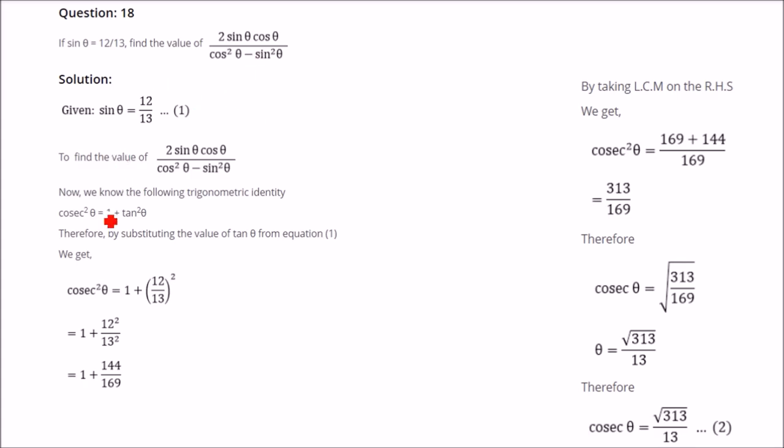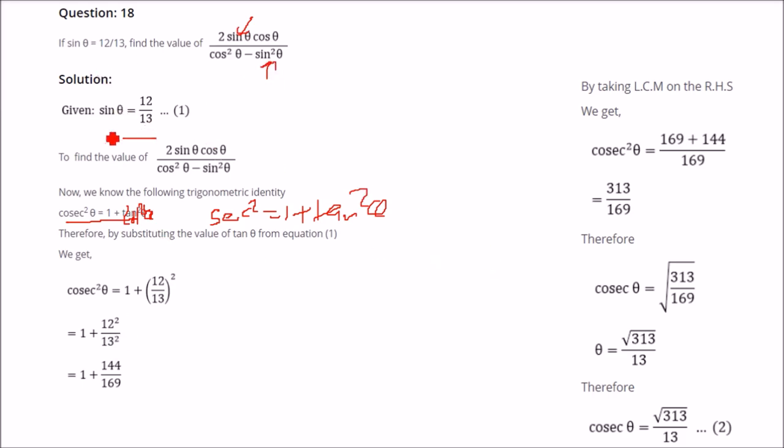Cosec square theta is equal to 1 plus cot square theta. Actually, sec square theta is equal to 1 plus tan square theta. This is how it is done. So what you can do here is, sin theta is given, so sin theta you can directly use here. This is how sin theta can be employed.